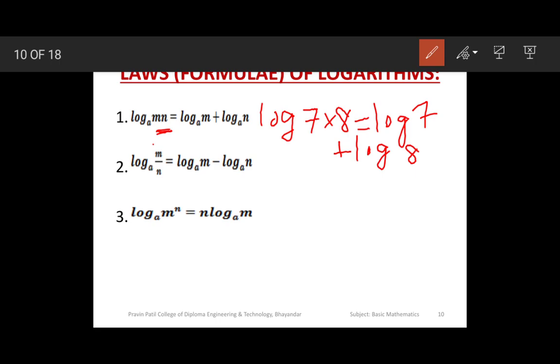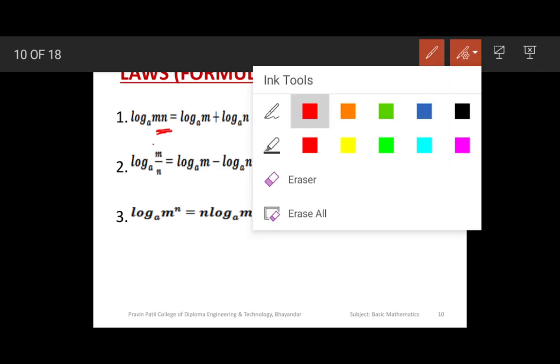If multiplication is given, then we can write it in the form of addition. So log 7 into 8 will be log 7 plus log 8. Similarly,